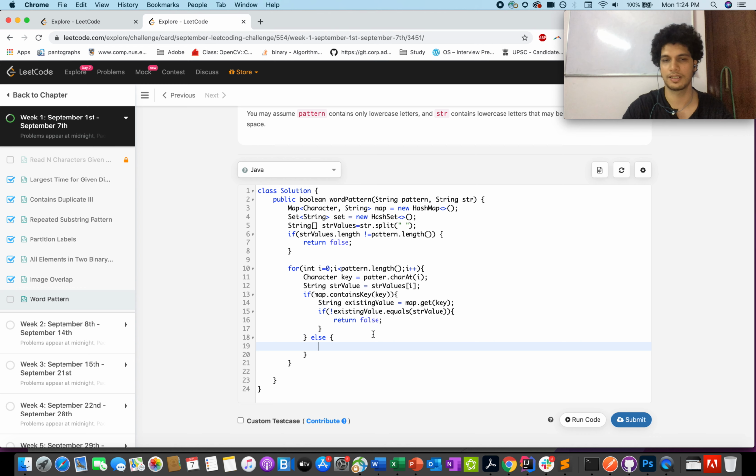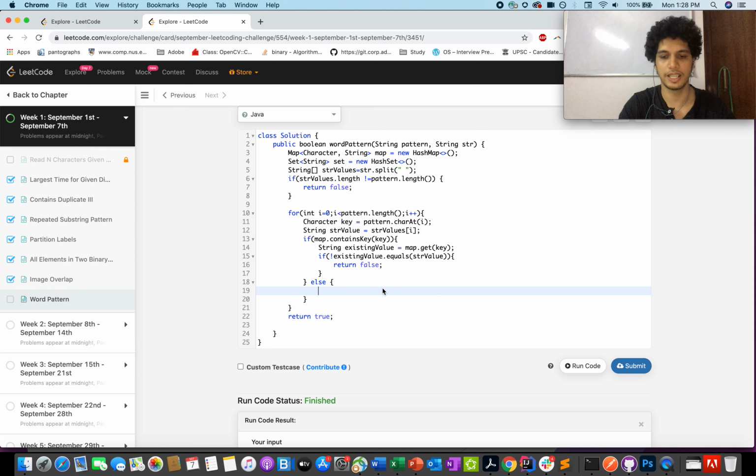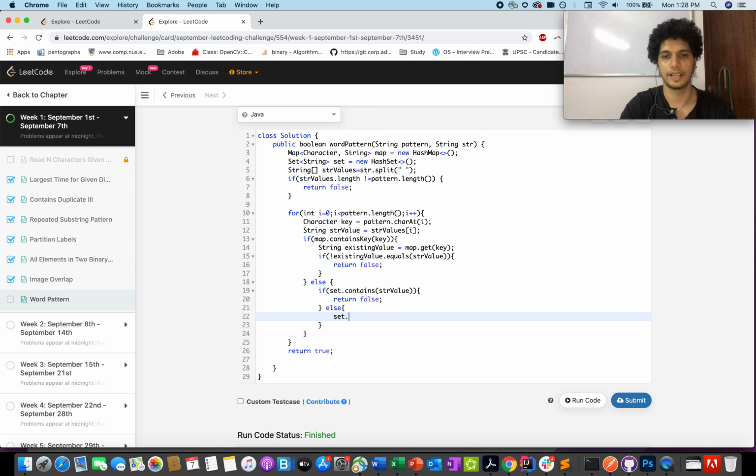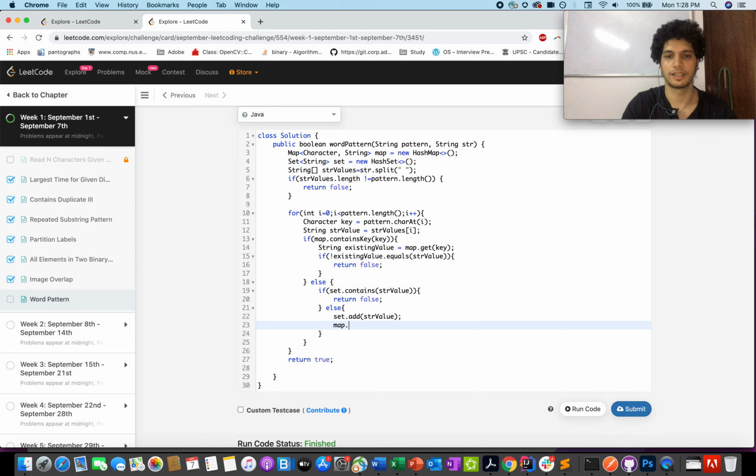Otherwise, the key does not exist in the map. What you're going to do is you will update the value in the set. First, check whether the value exists in the set or not. Contains str val. If it contains the str val, then return false. Otherwise, set.add str val, marking it as used, and updating the map.